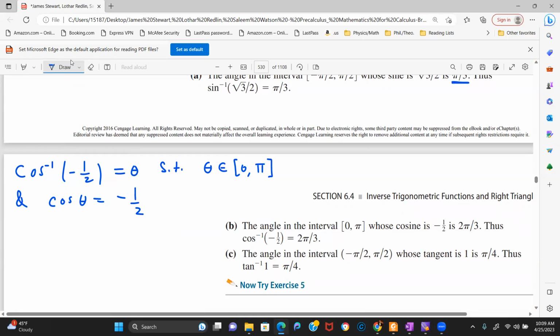So we need to look for an angle or a radian measure or an arc length, however you want to conceptualize this, where the x coordinate is negative, and specifically negative 1/2. Well, that means you have to be in the second quadrant, because this range of angles corresponds to the first quadrant and the second quadrant. So that's going to force theta to be equal to